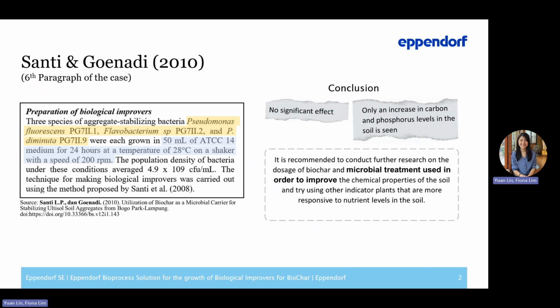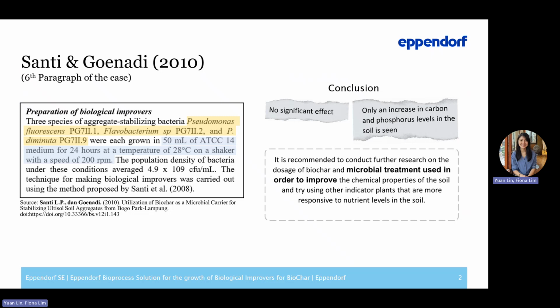In the case study that was being presented, and also in the sixth paragraph of the case, it was mentioned that research was being performed by Senti and Guenadi to employ three types of bacteria as active ingredients in bioameliorants. Bioameliorants are basically organic mixtures that are used to improve the soil fertility as